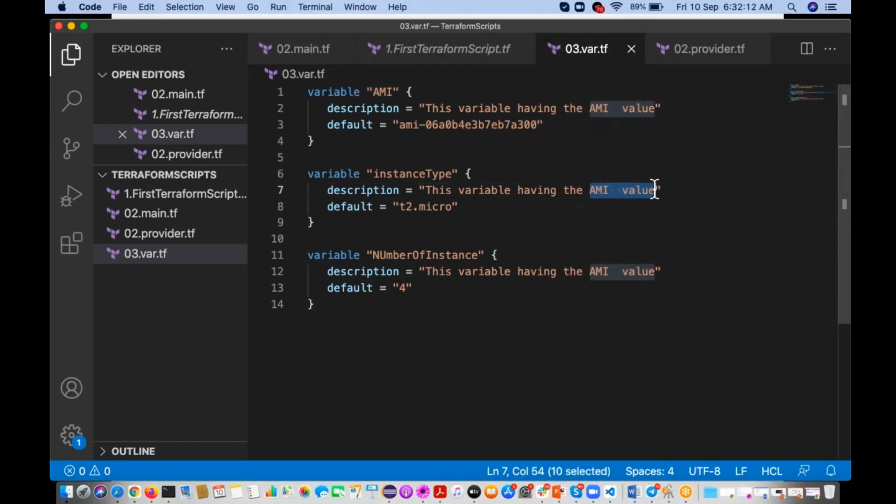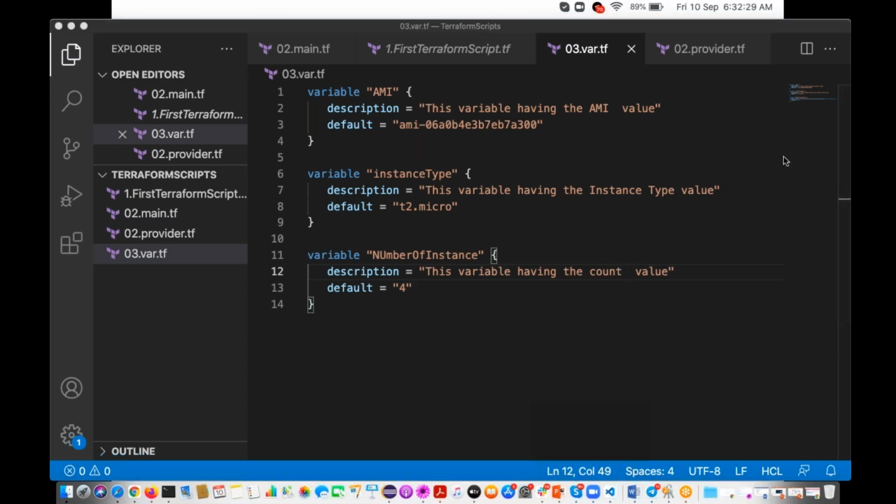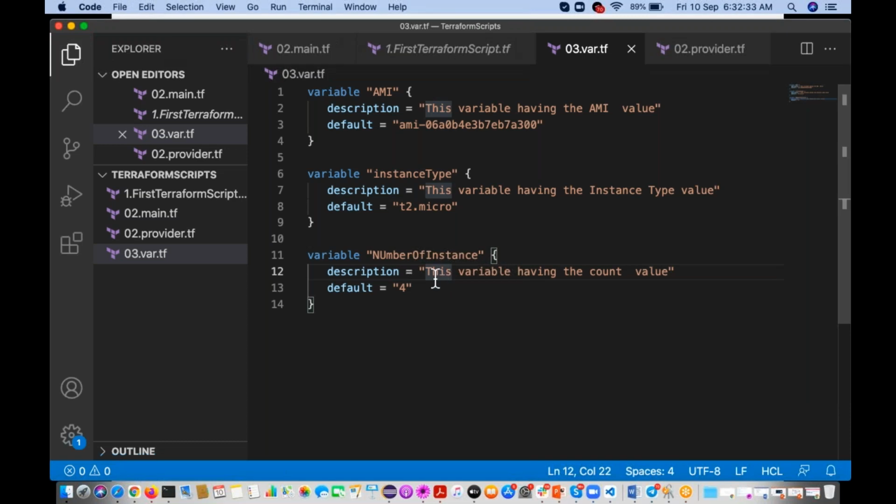This variable has the instance type value, this variable has the count value. You can give a description so that they can easily understand that this particular variable contains this value.